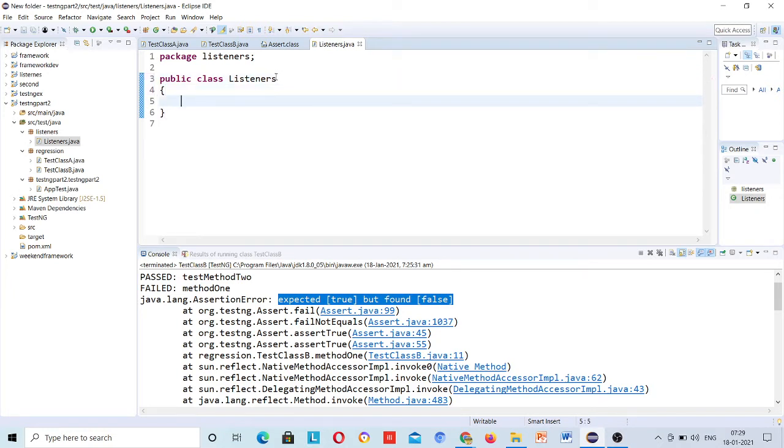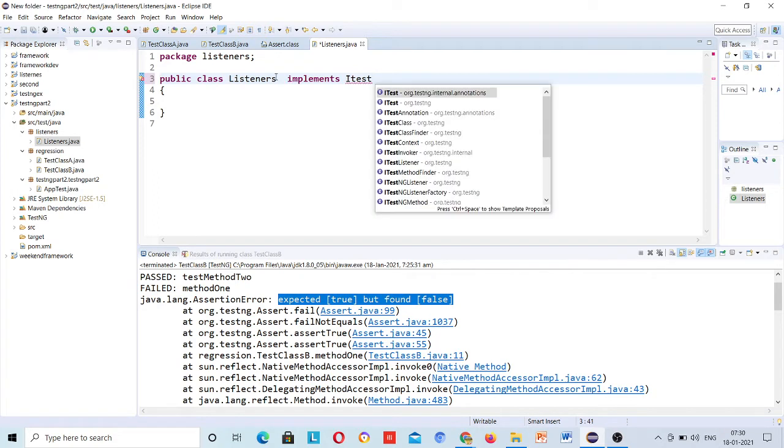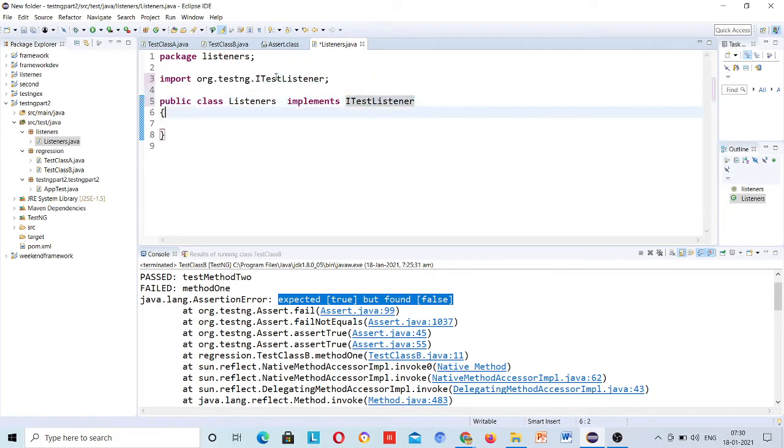So here this will be implementing an interface where all the listener methods are created. This one implements ITestListener. Now right click here. If this listener class says add unimplemented methods, then it's fine.